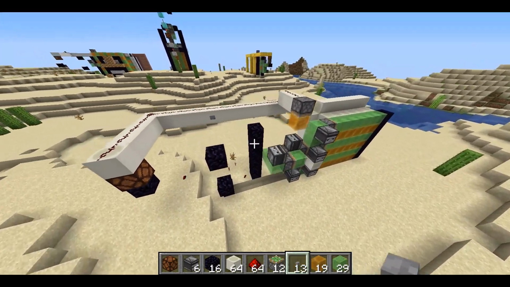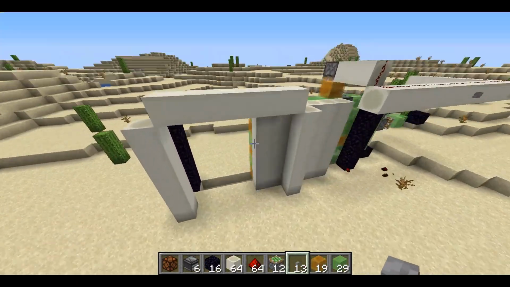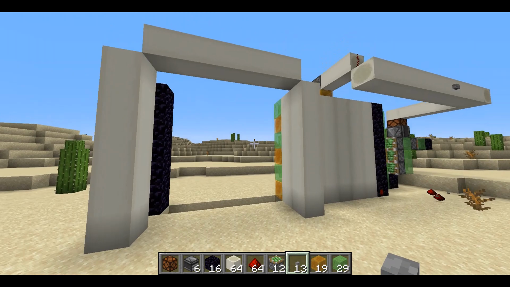Now, I've not seen a 6x6 door as compact as this. Obviously, you need a bit of room on one of the sides. But yeah,